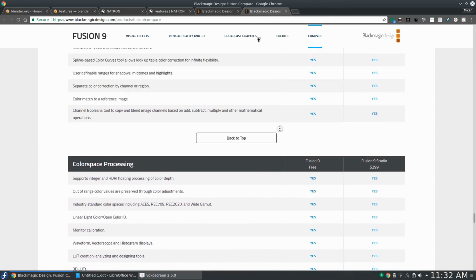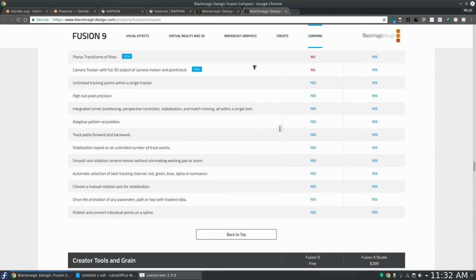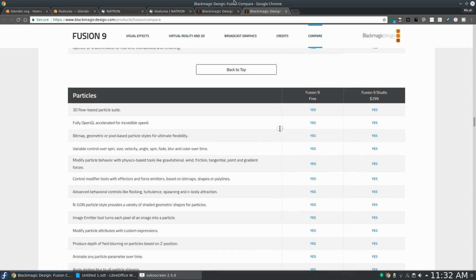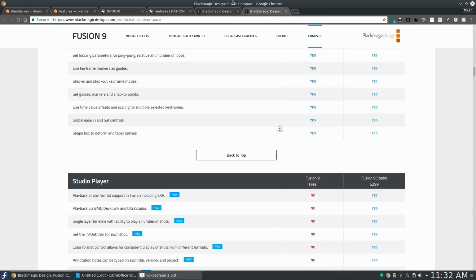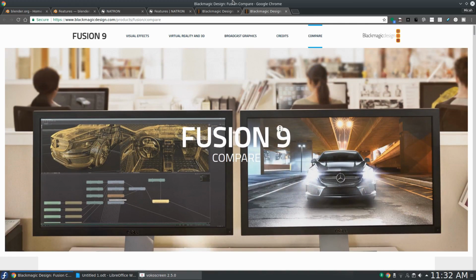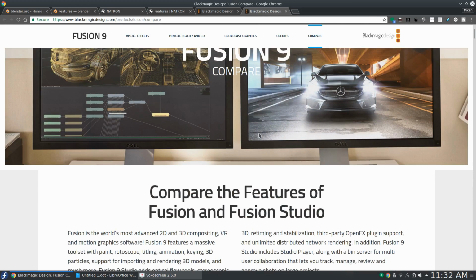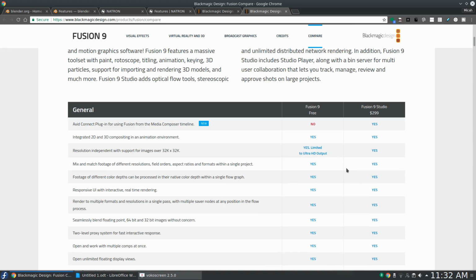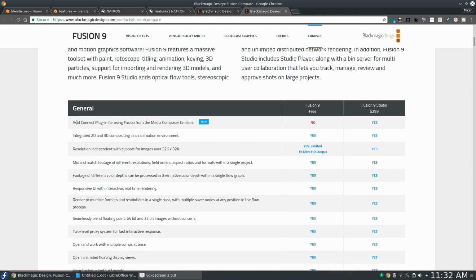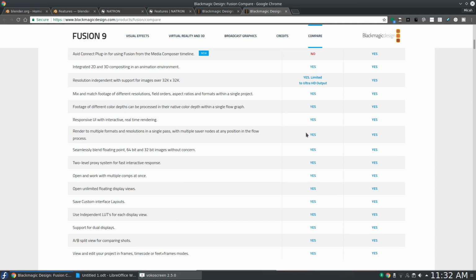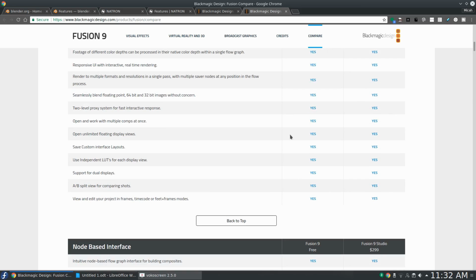So if we come here and compare the 2 versions, which DaVinci Resolve does not have this page. I wish that they did for DaVinci Resolve. It'd be really nice if I could see the difference between the Lite and the Pro version of DaVinci Resolve on a nice page like this, but that's a different story. Anyway, Avid Connect plugin, the free version does not have. Not a deal breaker, because I don't think Avid is even on Linux, but anyway,